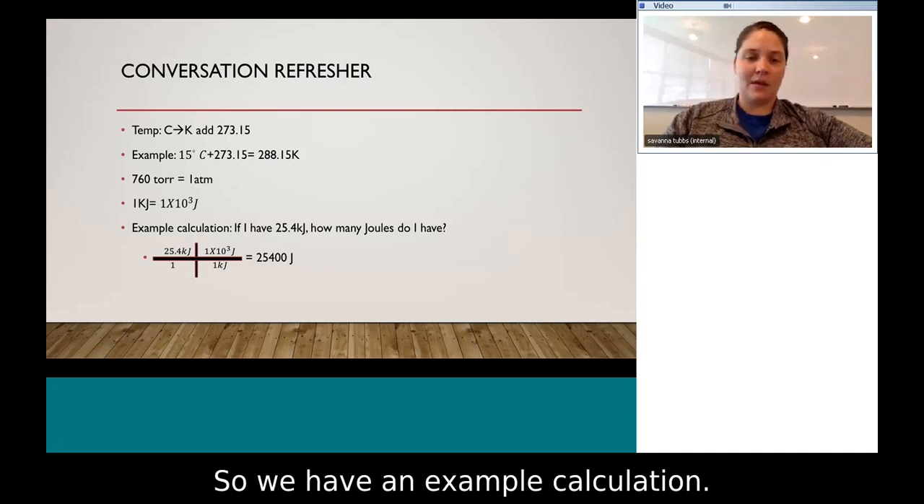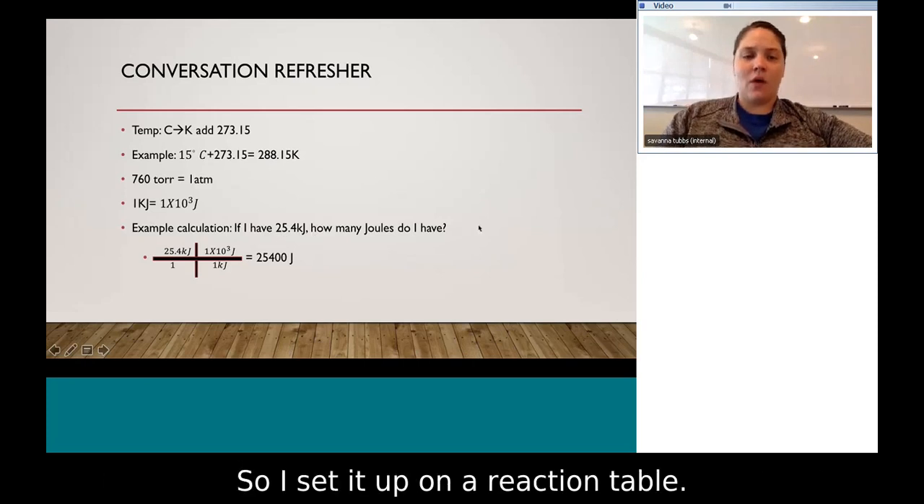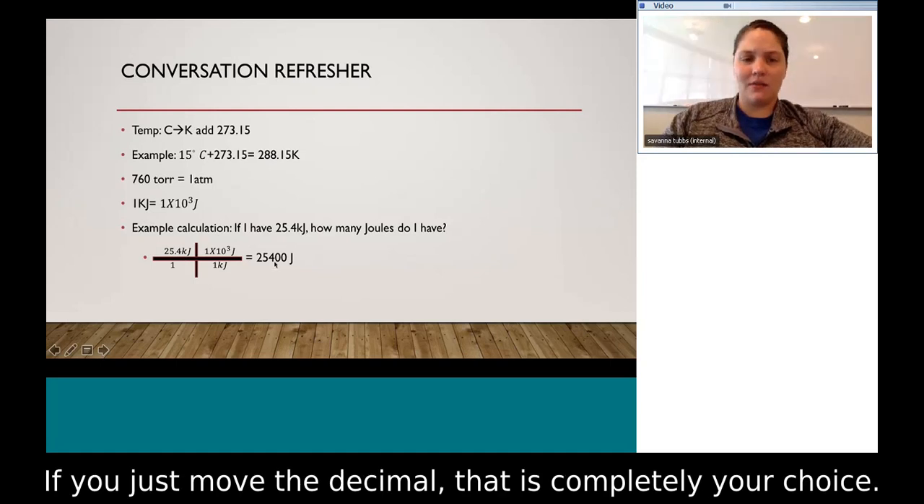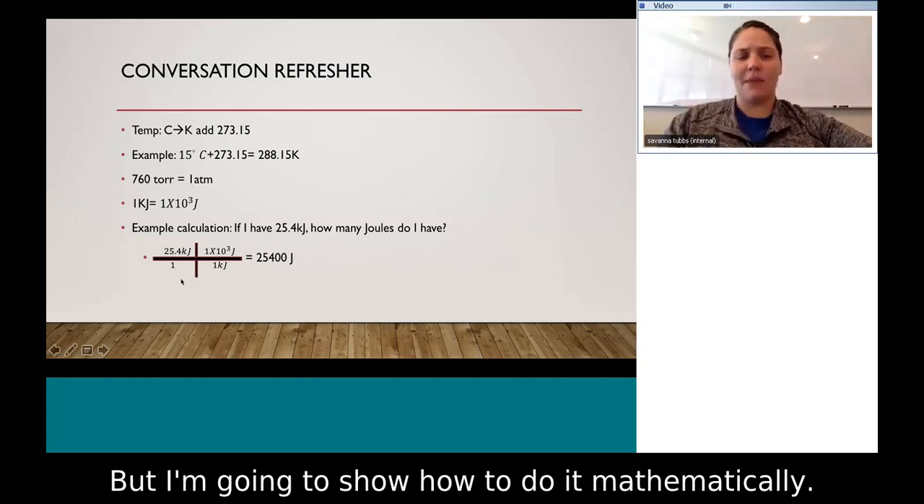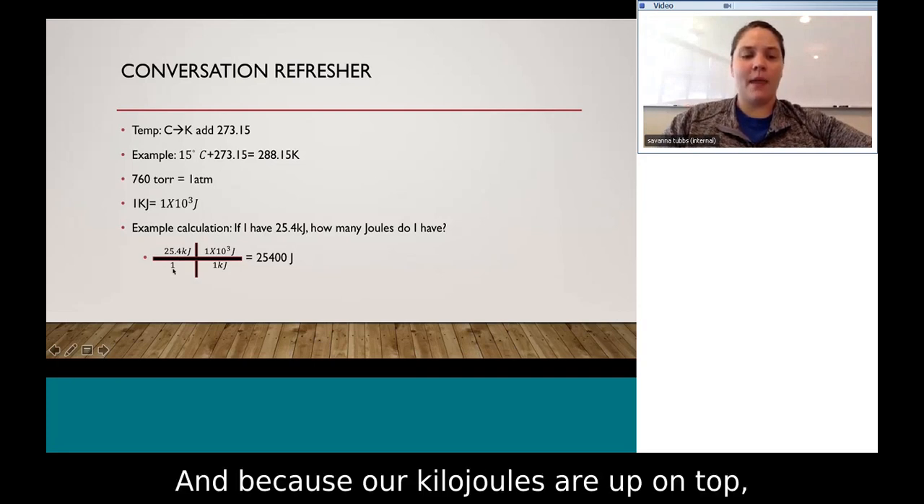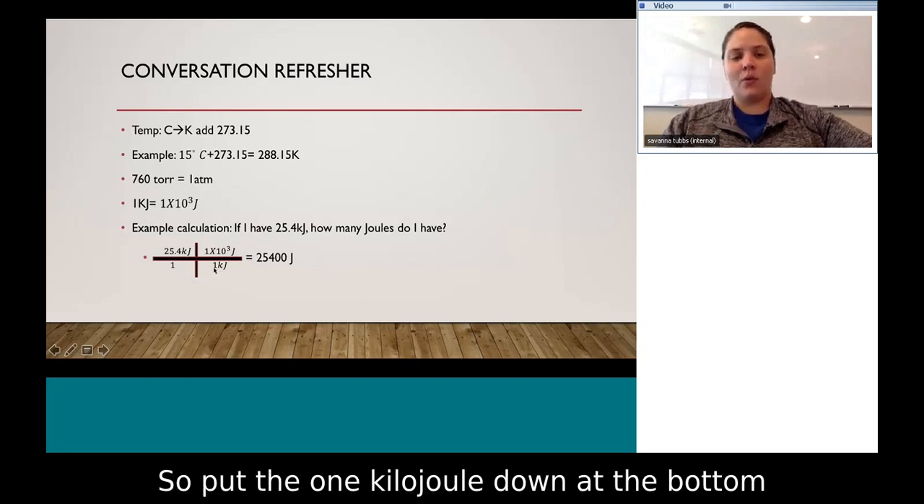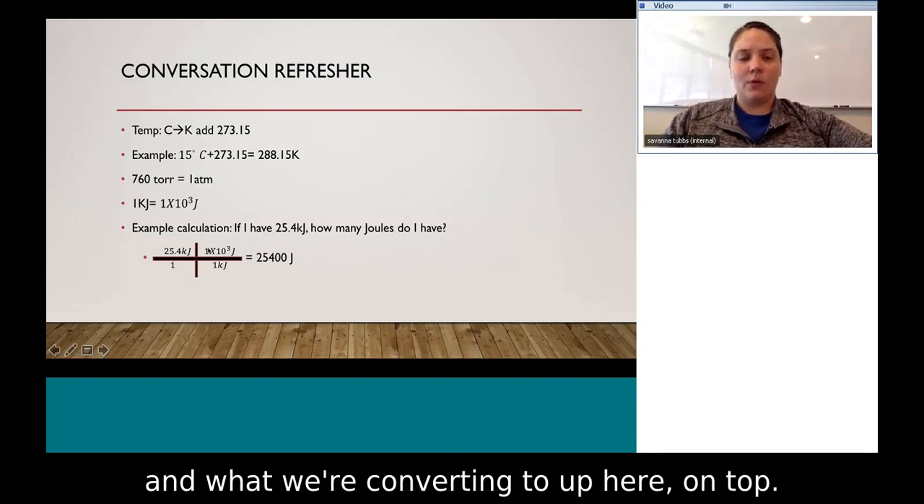So we have an example calculation. If I have 25.4 kilojoules, how many joules do I have? So I kind of set it up on a reaction table. If you just move the decimal, that is completely your choice, but I'm going to show how to do it mathematically. So 25.4 kilojoules is what we're given, so we put that over 1, and because our kilojoules are up on top, we're going to have kilojoules on bottom. So we put the 1 kilojoule down at the bottom, and what we're converting to up here on top, so 1 times 10 to the third joules,